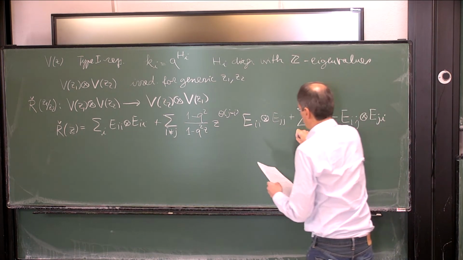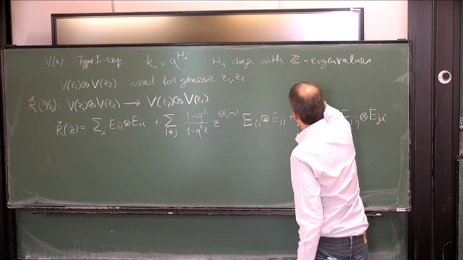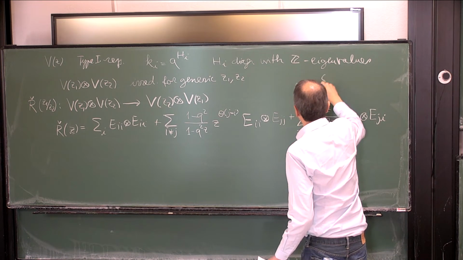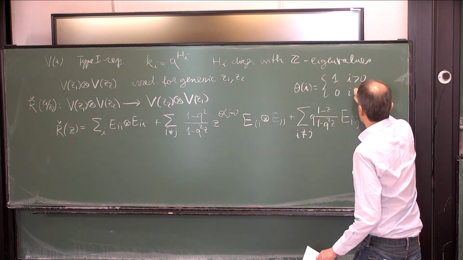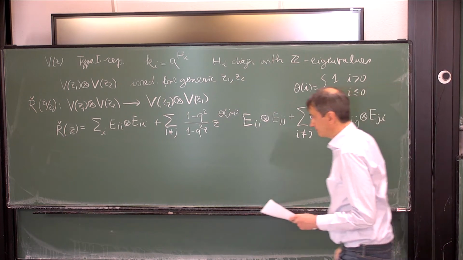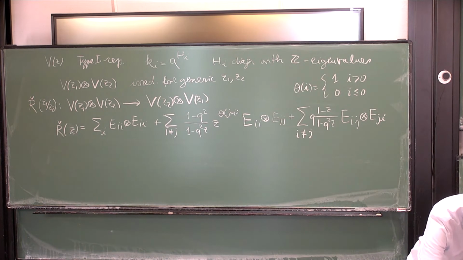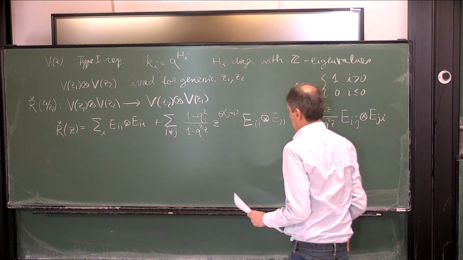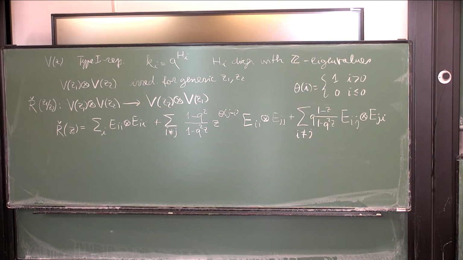Okay, so this is some formula. And theta of I is 1 if I is positive and 0 if I is less than 0. This is an observation of Jimbo really, that